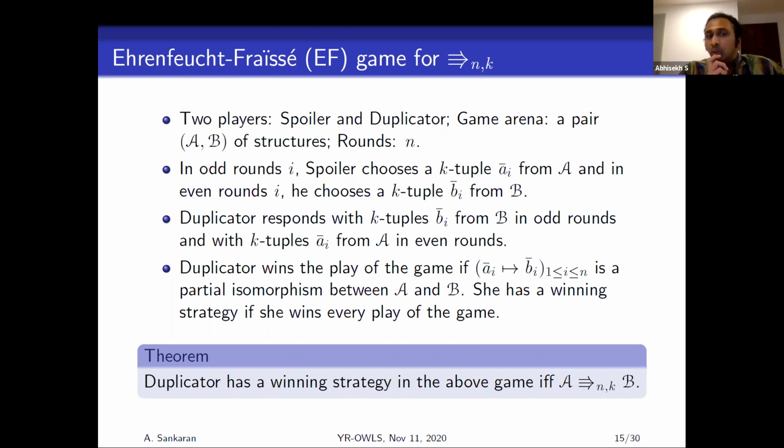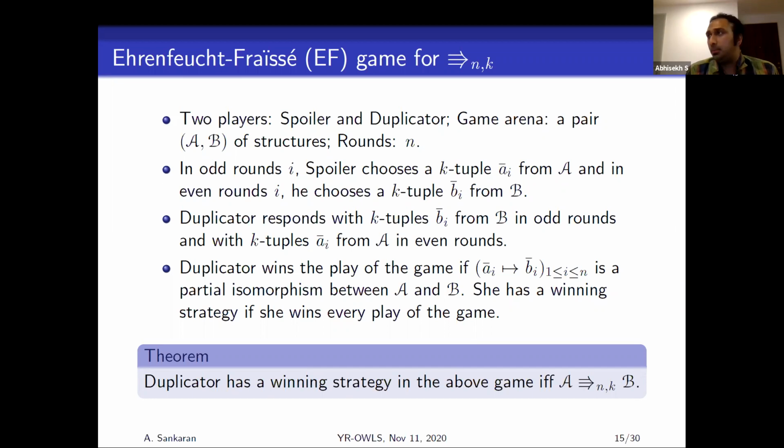Okay, so the duplicator wins the play of the game if this partial isomorphism is true, and she has a winning strategy if she wins every play of the game. Now the theorem is just a special case, or is simply seen from the Ehrenfeucht-Fraïssé theorem, which, if you already know, you can appreciate that the duplicator has a winning strategy in the above game if and only if